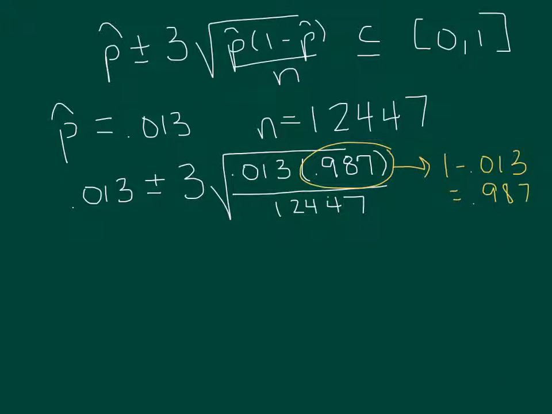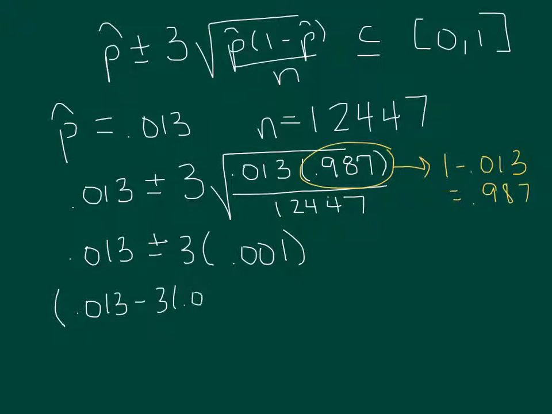Okay, if you calculate all this, this is 0.013. If you check that square root stuff in your calculator very carefully, I got that to be 0.001, rounded a little bit. There's a few more decimals after that, but that's pretty close. And so then if you're creating your interval, if you do the 0.013 minus 3 times 0.001, and then you do 0.013 plus 3 times 0.001, you're going to get this interval here that is 0.01 up to